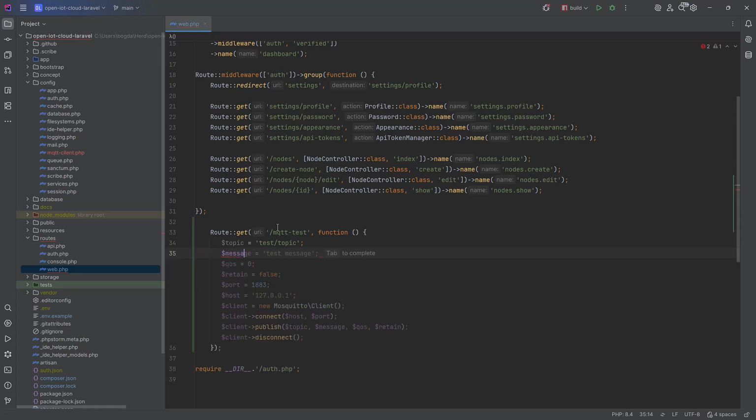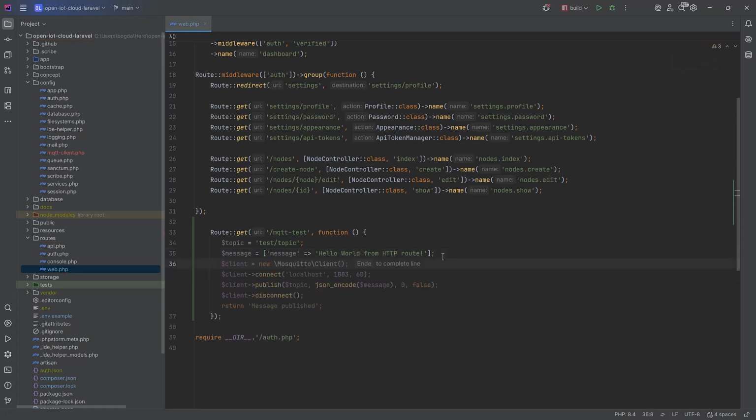Message, for example, hello world from HTTP route. Okay,